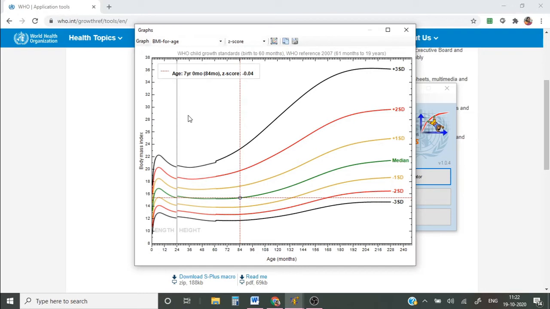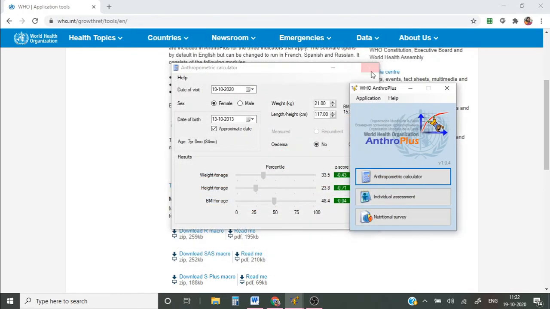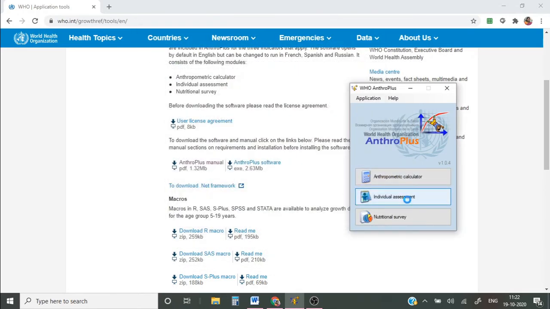So you see the BMI of the child here. You can see the median and where approximately your child weighs. Okay, so this is how you usually interpret using the graph and the flag sign. Sometimes you might have error tracking also, flags and error tracking, when you have a black icon. So this is how you use it. Now next is your individual assessment.